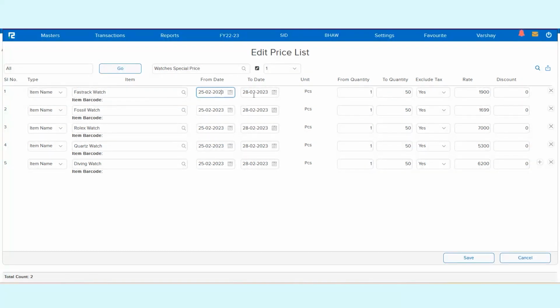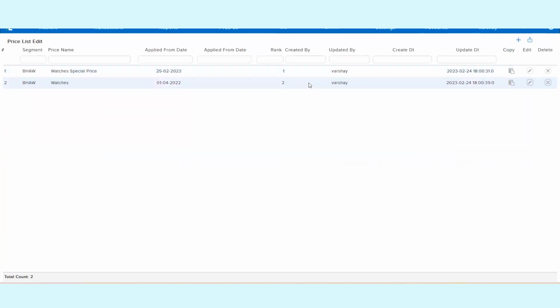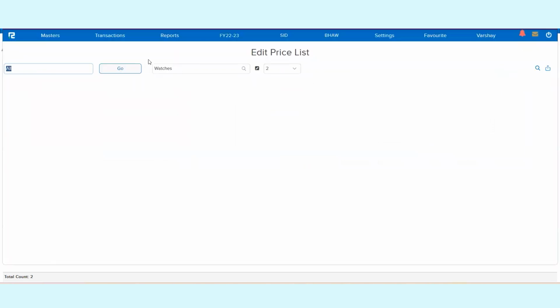My fast track watches rate from quantity 1 to 50 will become 1900 instead of the other amount which was already updated. For example, for the Rolex watch, if you see, I have updated it as 7,000, which is a special price from 25th of February to 28th of February. But for the previous price list which I updated,